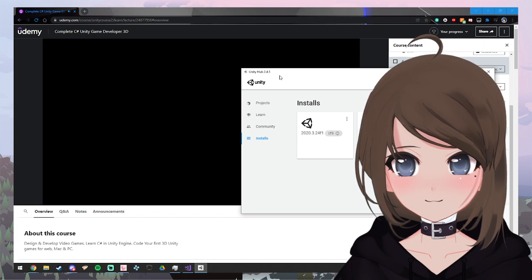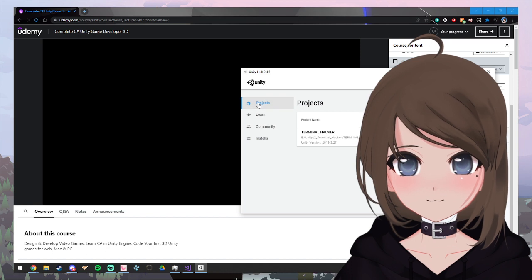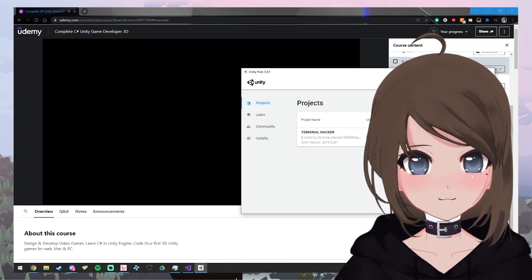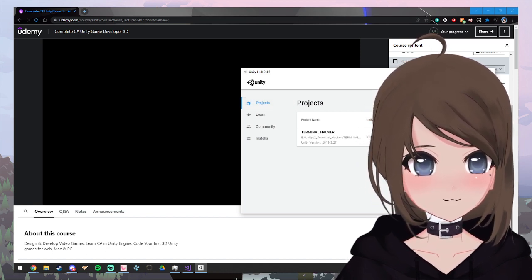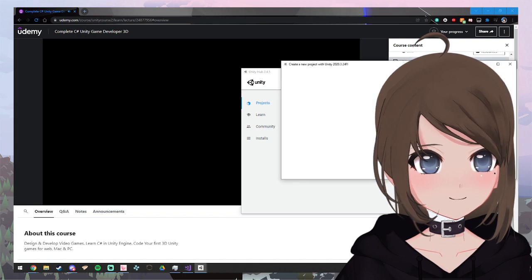Jump over to Unity Hub. If you don't have that open, then open up Unity Hub. You can see here my 2020.1 installation has successfully arrived. I'm going to click on Projects. Top right, you'll see the new button. If you've got multiple versions of Unity, you can click on the little selector next to it and choose which version you wish to start the project in. If you've only got one version of Unity, then you can just click straight on the new button. So I'm going to choose 2020.1.